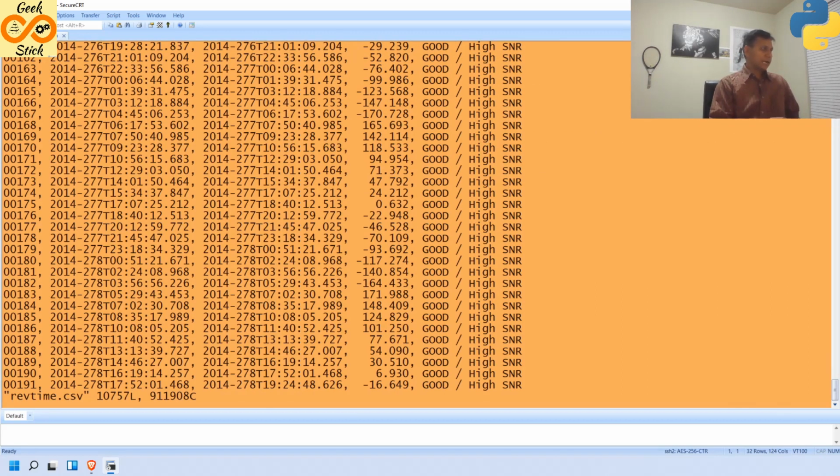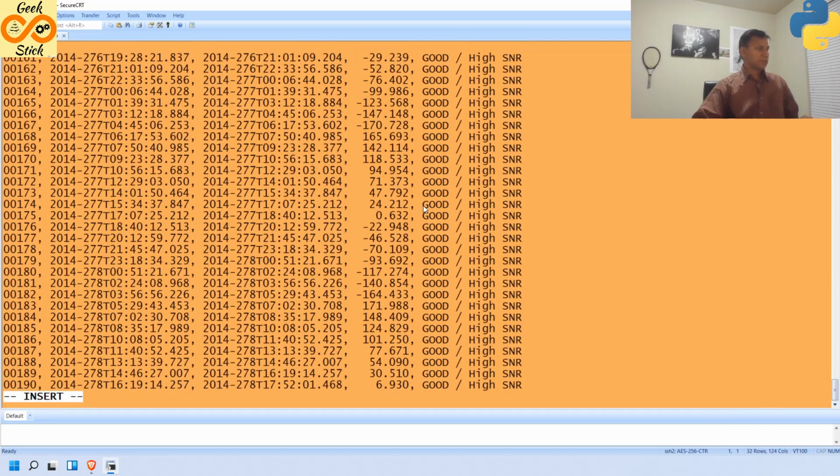It does not have any header, so I will provide that header. The first field I gave is the description, call number, then start date, end date time, measurement, and description.